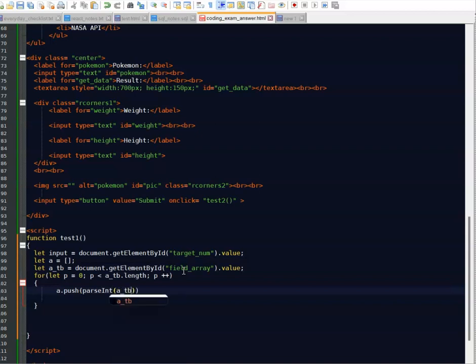Okay. And did I do it correctly? This one. We need to get the current iteration. A push parse int. This one. Okay, we're set. Now next, once we get the value for A and ATB, we need to loop over the array that we got